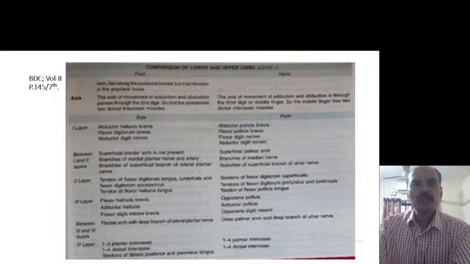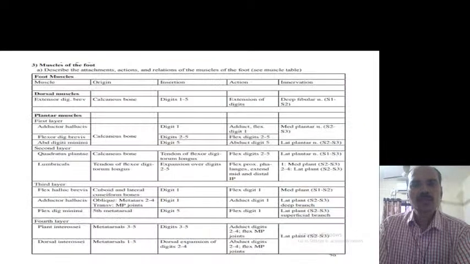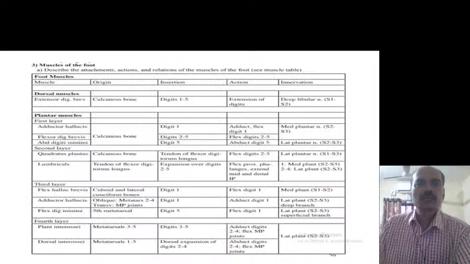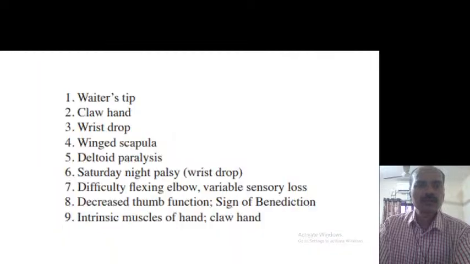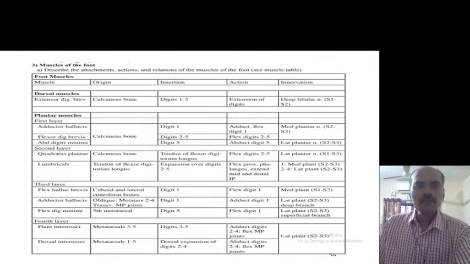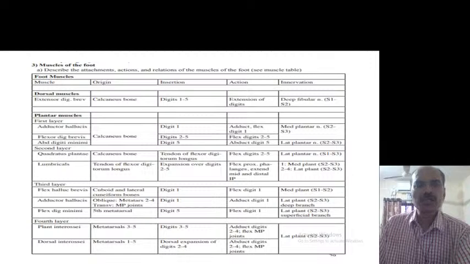In page 145, 7th edition, you will have a layer-wise arrangement of these muscles, which is again one of the references I had taken. Here there is a typographical error. Instead of abductor, they had written adductor twice. So corrected, the first layer has abductor hallucis, flexor digitorum brevis, and abductor digiti minimi. So this is the first layer. The second layer is the long tendon and the 2 small intrinsic muscles like lumbricals,